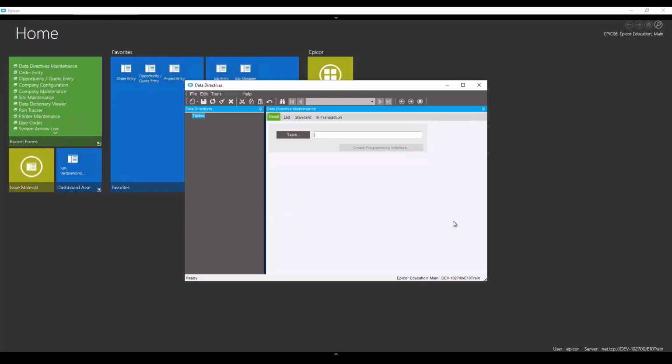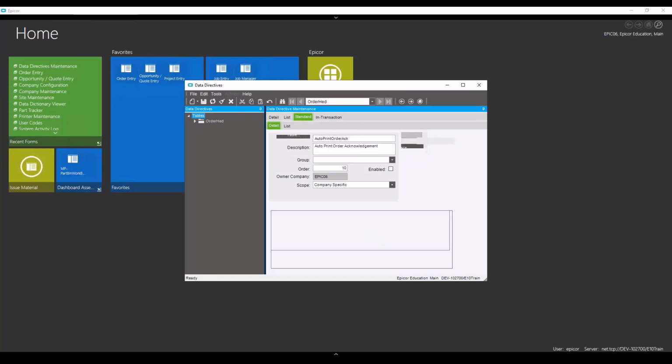So we are going to look here at order entry. This is going to be on order head because this order head has the auto print checkbox on it. So I know it's order HED. We could search it, but we don't need to. So here again with the auto print, we're going to use a standard data directive. There are some already out here, so I'm going to do a new one, new standard directive, and this is going to be